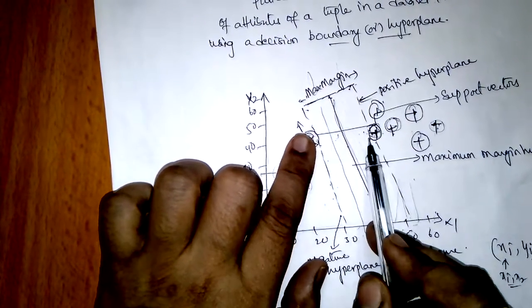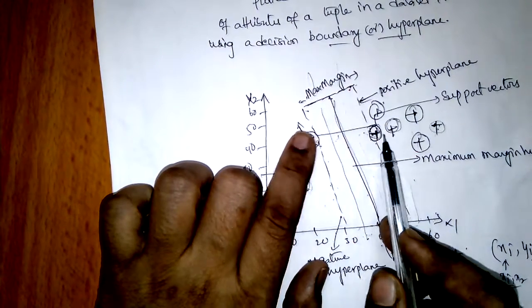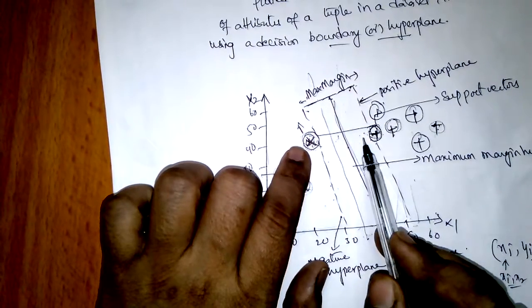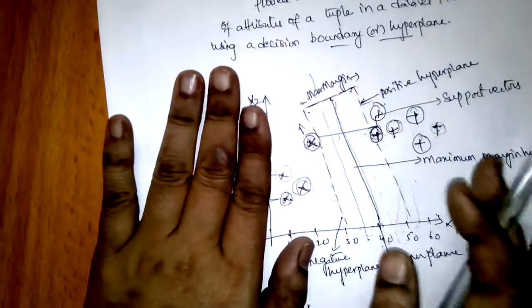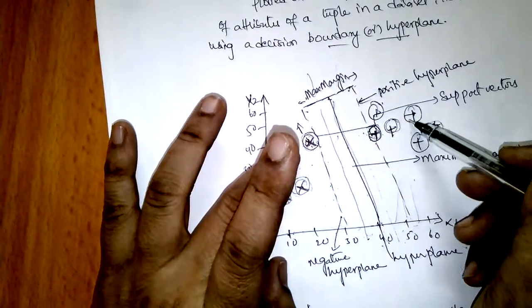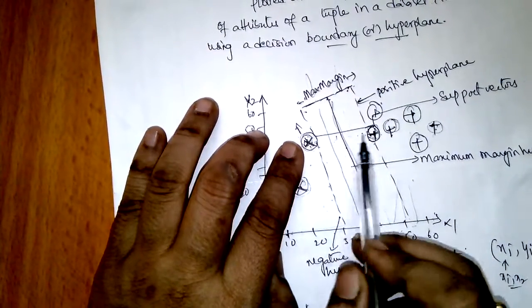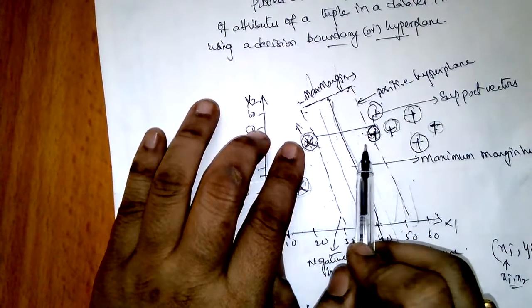These are the nearest inputs, that means minimum distance inputs, for the two different categories. So the minimum distance vectors from each category are considered as support vectors. Suppose we take this as one category and this as another category. When we compare, these two are very near, so we consider these as support vectors.